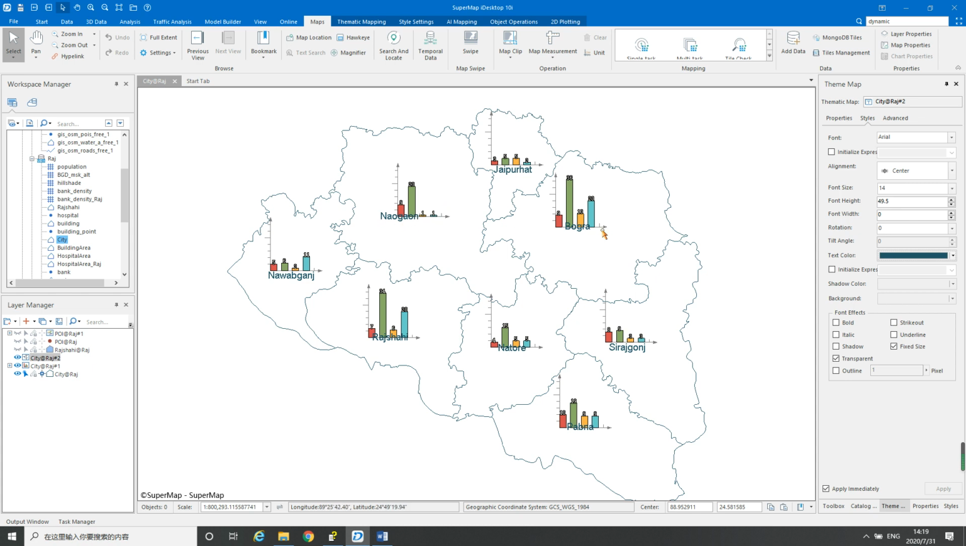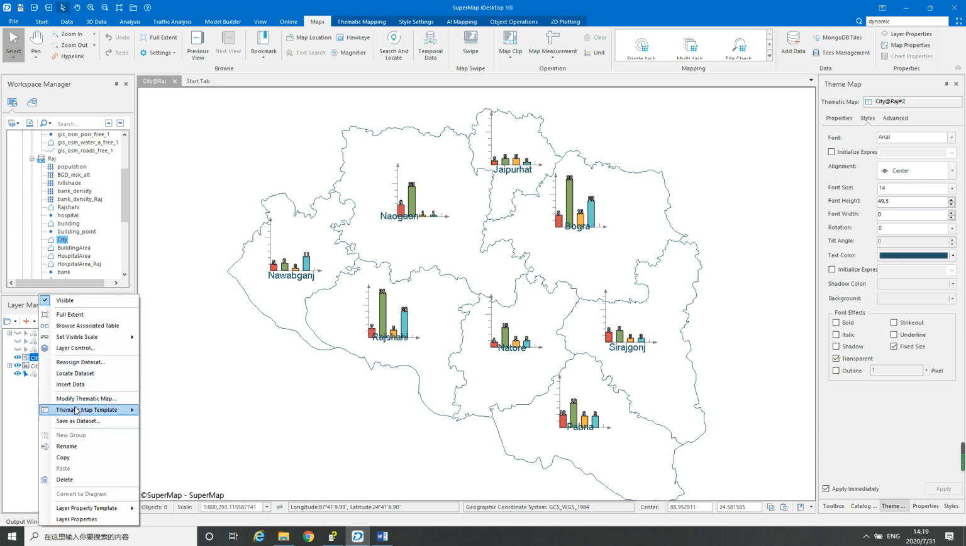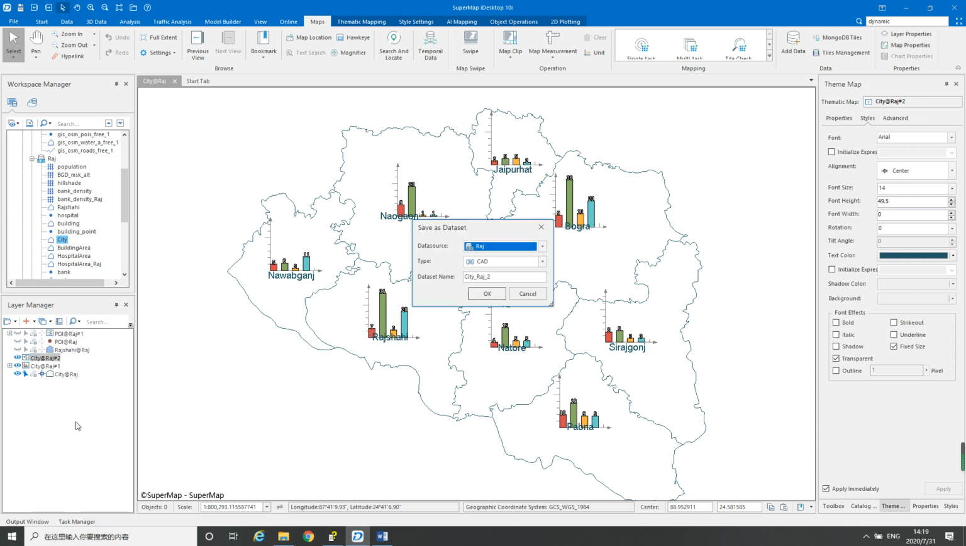Here we can see the graph and the names are overlaid on the graph. So here we need to do some modification, and how to do it? Here we right click at the label layer. We can save the label layer as a CAD data set, and here we can then